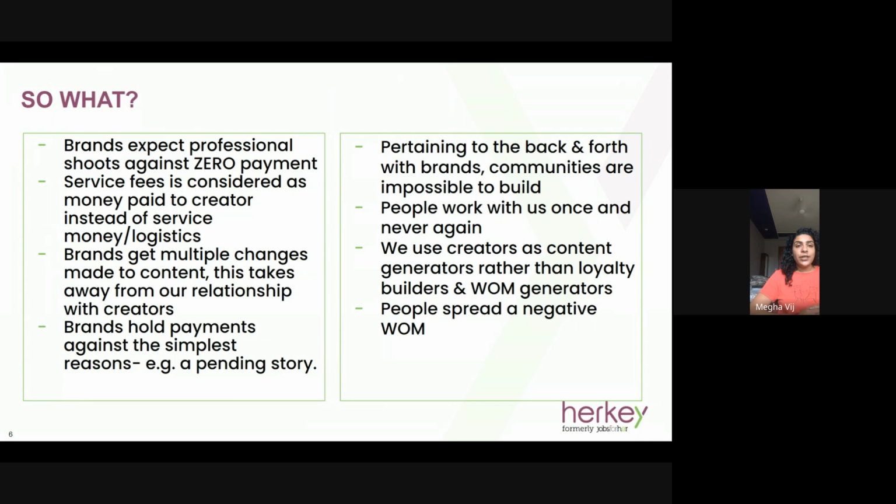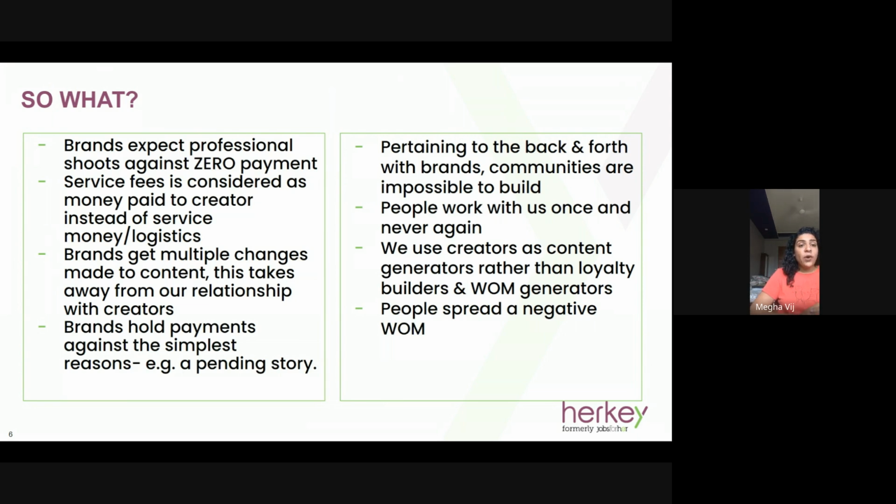Now, service fee is generally considered as the money that we are paying to the creator, not as money that is given to an agency for the service that they've provided, which is a very time consuming, labor intensive task, which is to scout influencers, call them, onboard them, manage logistics, ensure the product reaches them in time, then follow up with them, then make sure that content comes in. If their content is not good, give them feedback, get content changed, follow up with the brand, find out what they want. Overall, it's a very long and tedious process. And there was very little money in it because brands would just assume that the money that they're paying us is influencer payment and not our service fee. So there was a limitation on budgets also that came with this.